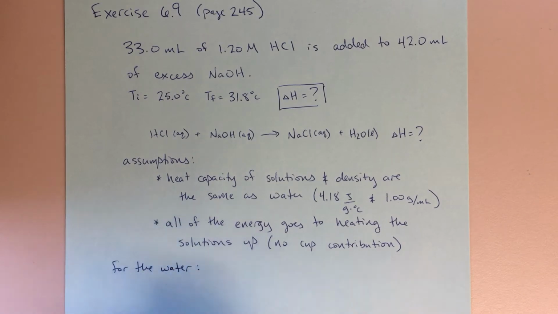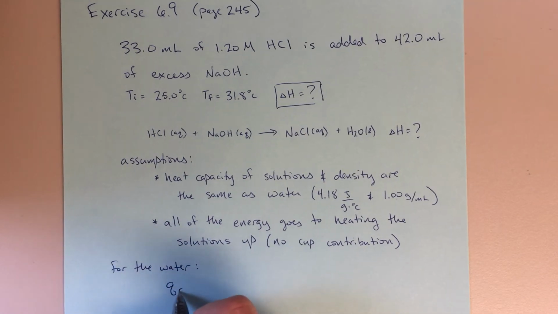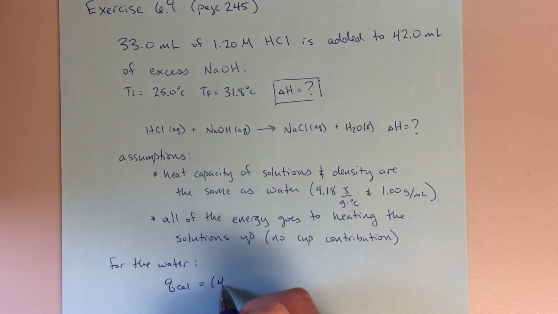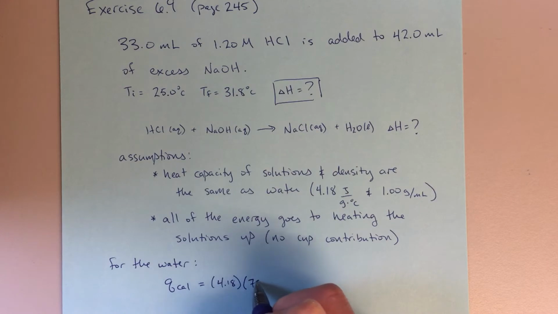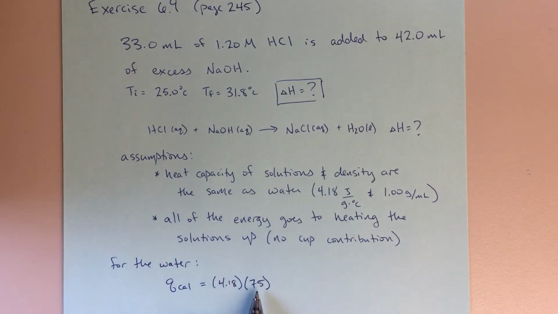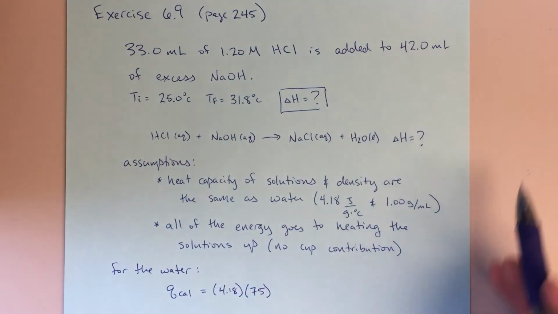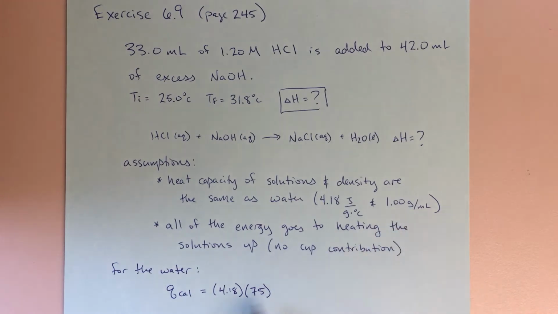we're going to say Qcal, and I'm going to say Qcal because we can imagine this as a calorimeter system where we've got a water solution, equals 4.18 times 75. Now this 75 comes from 33 plus 42, that should equal 75, and that's my number of milliliters, but like I said, 1 gram per milliliter, so that's going to be 75 grams in my calculation here. And then for my delta T, 31.8 minus 25. So that's going to be my T final minus my T initial. And I can go ahead and just do this calculation, and I get